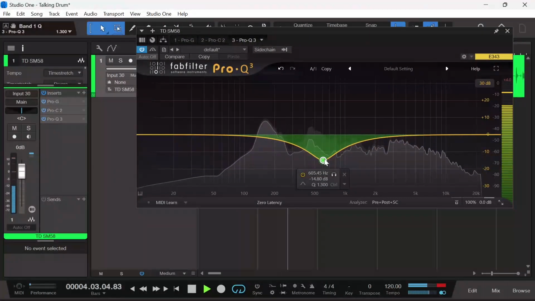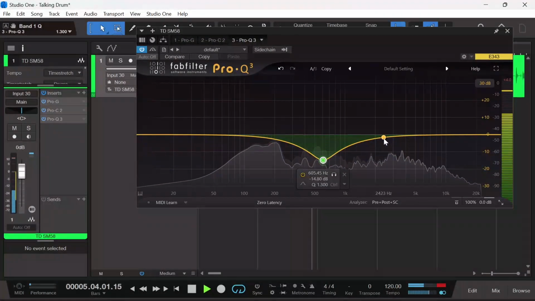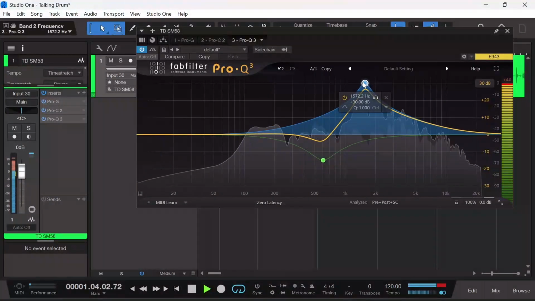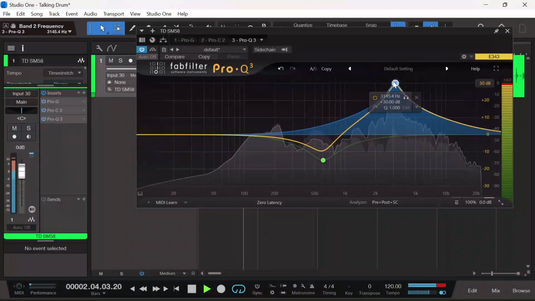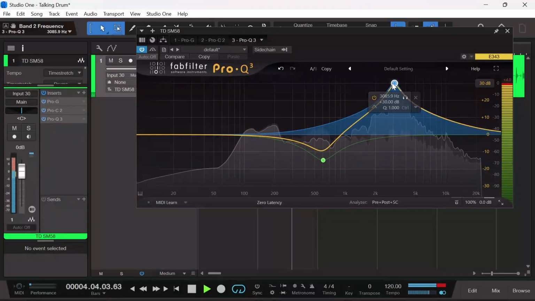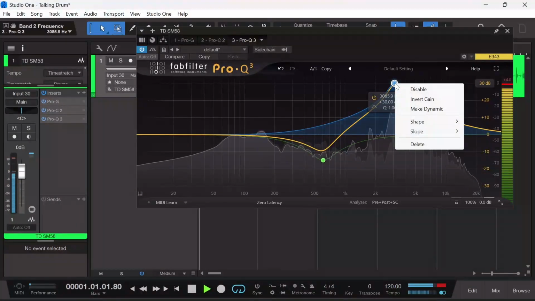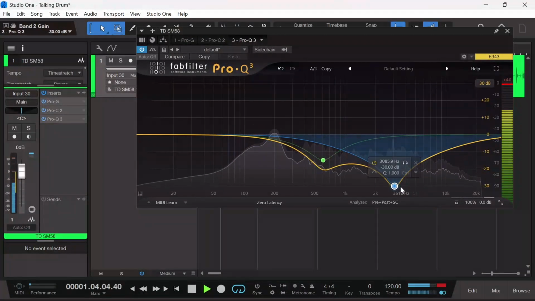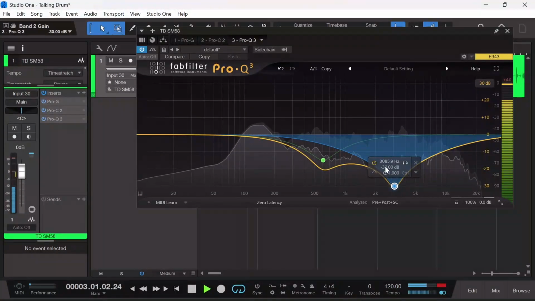I don't want it to be too fat, so let's do something. Hertz. So I'm just going to invert the gain over here. But this is too much, so